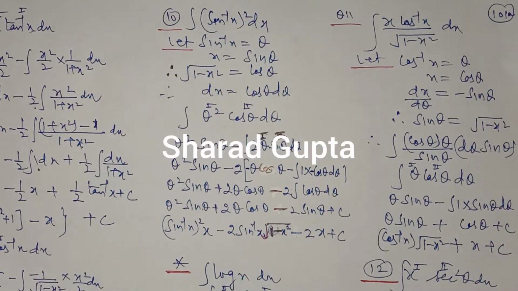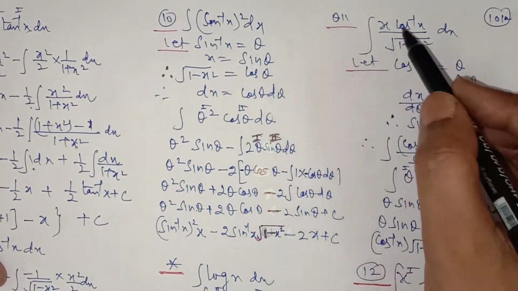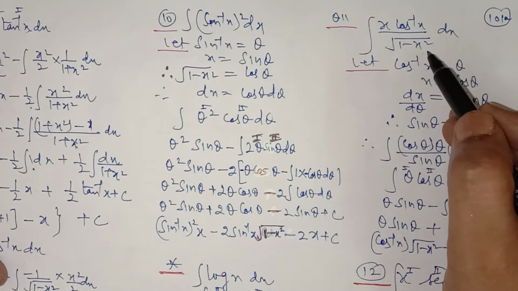Hello, this is lecture number 14 for the chapter integration, and we're discussing integration by parts. We have done up to question number 10 of exercise 5. So question number 11 is the integral of x cos inverse x upon under root 1 minus x square with respect to